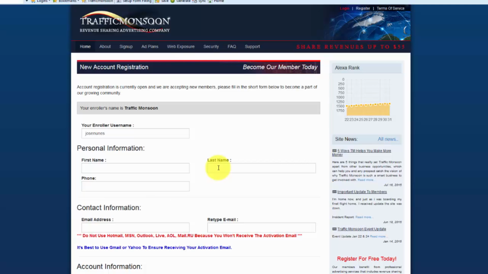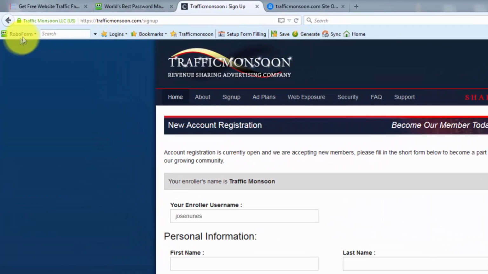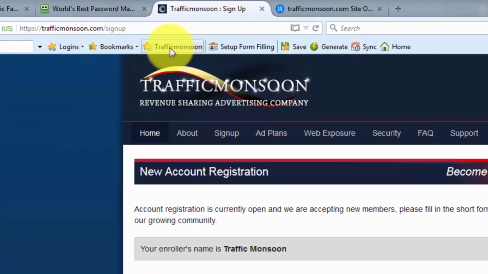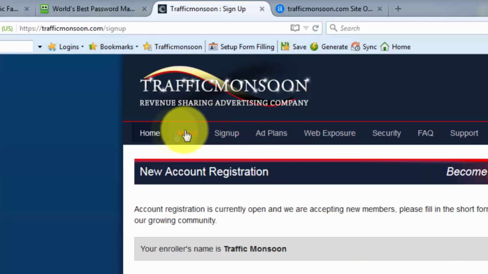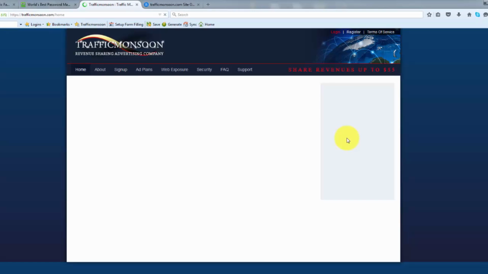So after you log in, how are you going to log in? To log in, if you installed and followed exactly as I told you, then you will have this application, RoboForm, which will appear here or to your right. Basically, all you do is put your mouse over the site, because once you get to the site, the system automatically identifies what site you are on. If you want to log in, I'm going to go back here to the home page, and you can see the login form will appear here on the right.